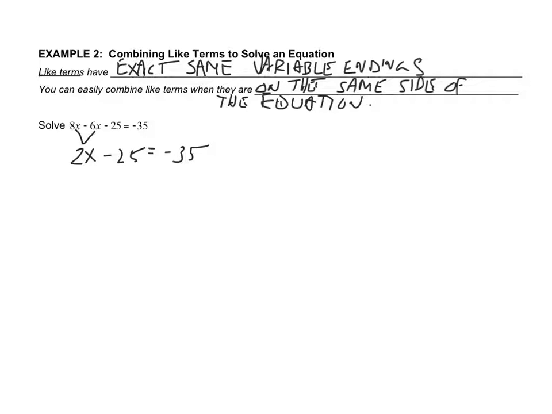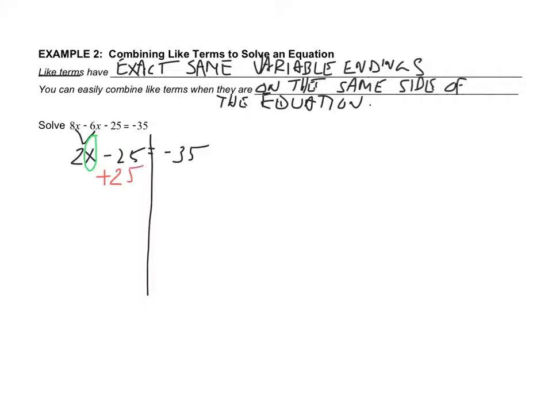So now let's go through these steps that we just talked about. We're searching for x. We're going to draw our line through the equal sign. On the left side, I see multiplication right here, 2 times x, but I also see subtraction, and I need to get this x all by itself. Looking at SADMEG, the SA, so subtraction comes before the multiplying and dividing, just like we saw in the previous example. So the first thing that I'm going to do is move the 25 over,